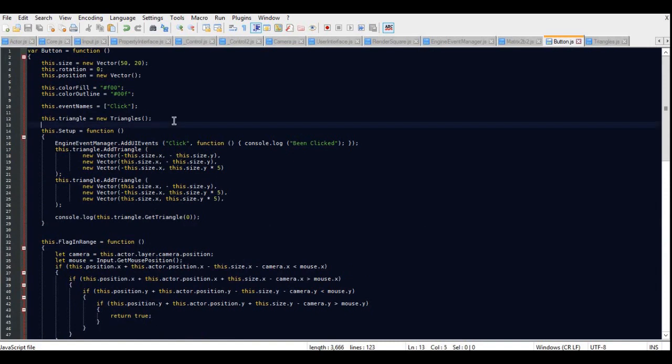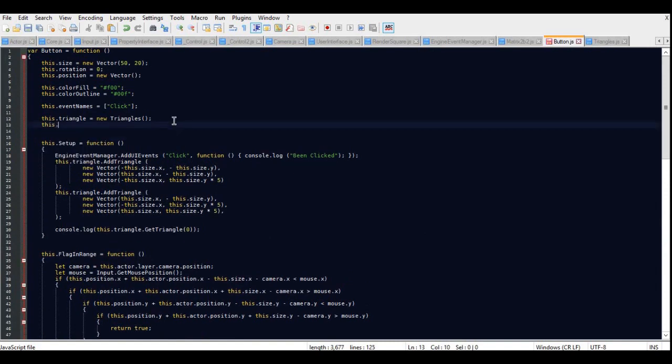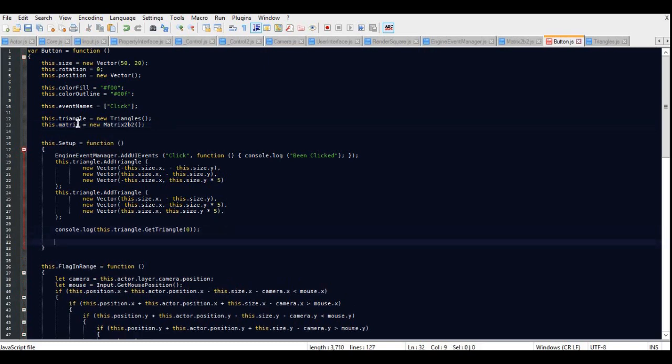And now we can add a matrix onto our own new matrix 2 by 2. And that should just set the matrix identity. And for now we can just do this.matrix dot set rotation to maps